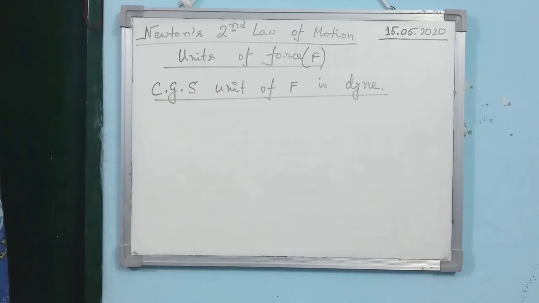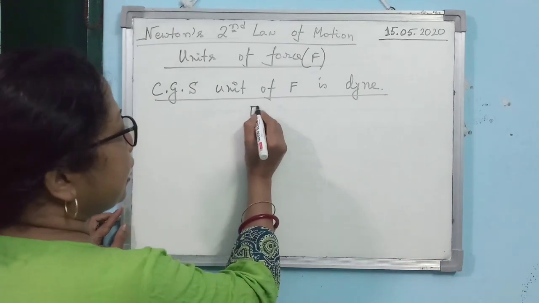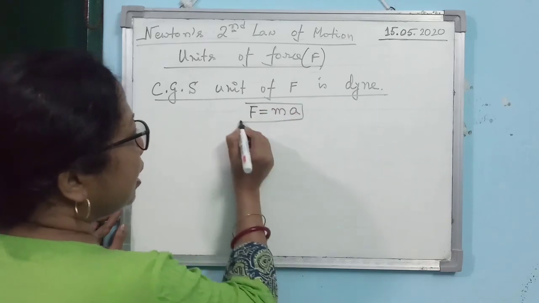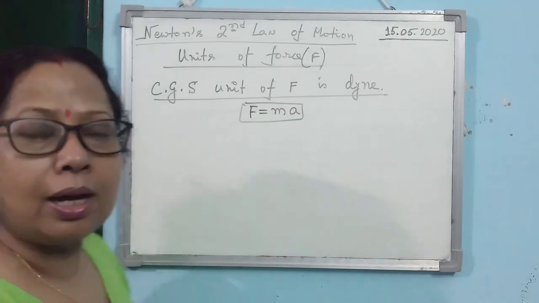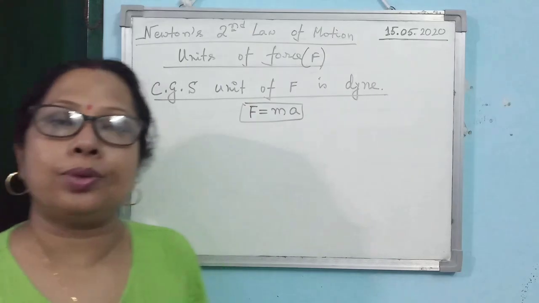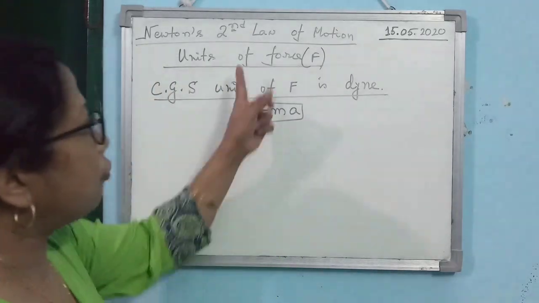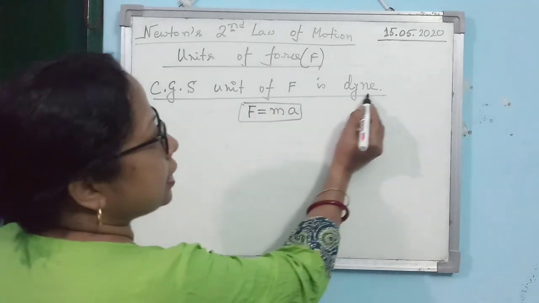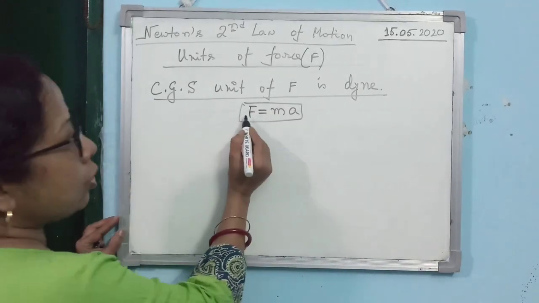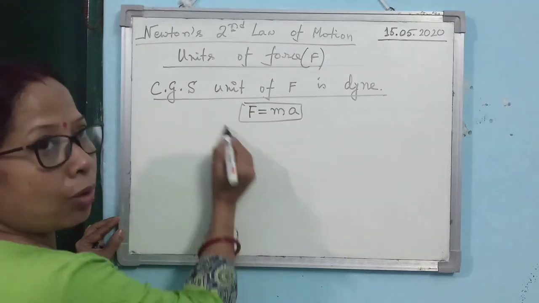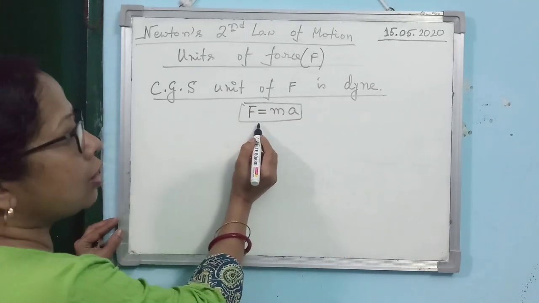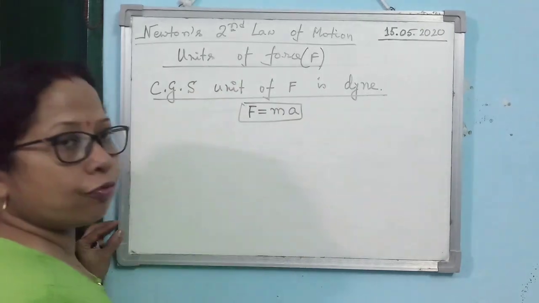Next topic is units of force. Alright. Now, by utilizing the second law of motion, from the second law of motion we have got this formula. By utilizing this formula, you can define the different units of force. Alright. Here the force I am denoting by F. So, the CGS unit of force is known as dyne. Alright. So, you see how I utilize it. We utilize this equation that we have got from the second law while defining different units.